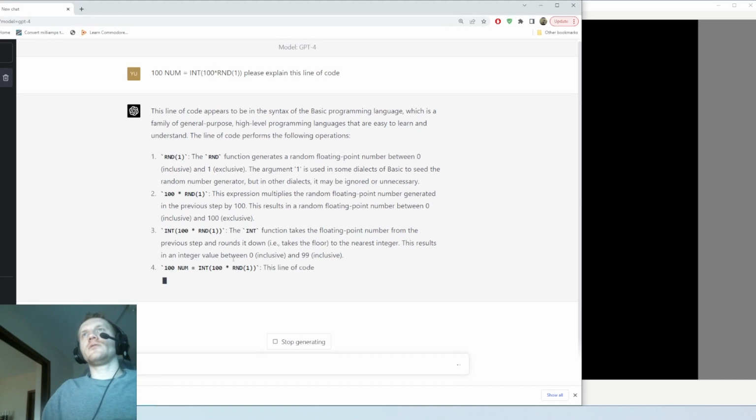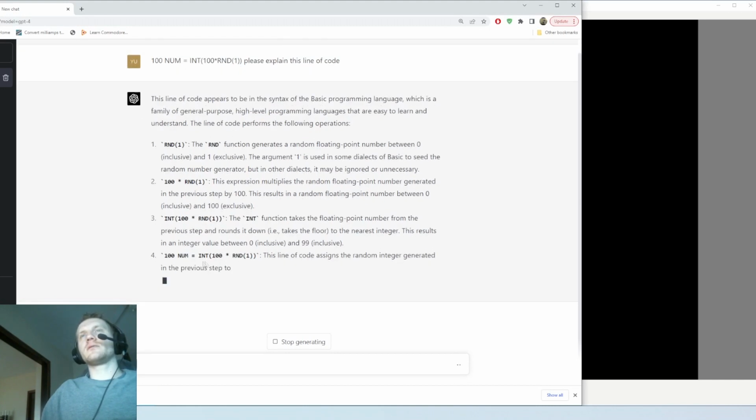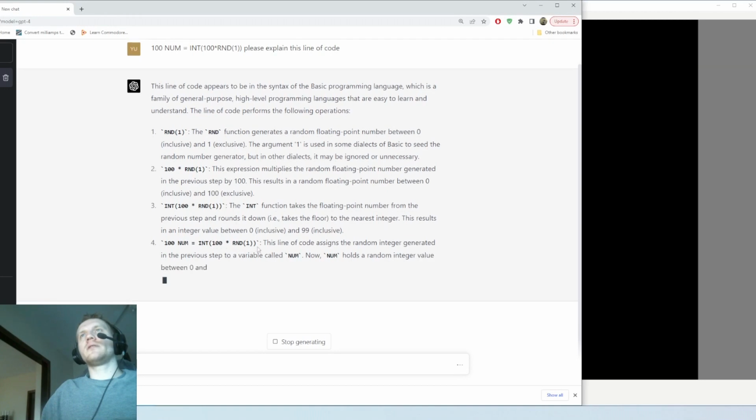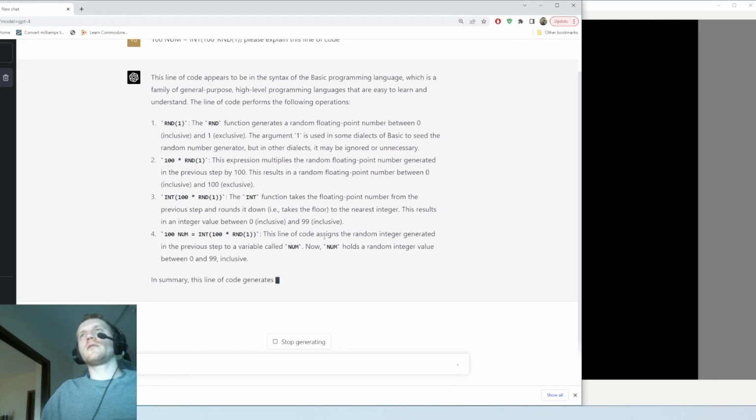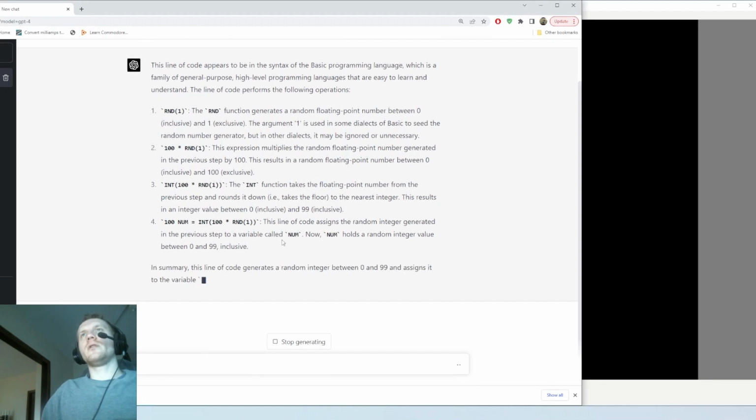The integer value between 0 inclusive and 99 exclusive. 100 num equals int 100 times rnd1. This line of code assigns a random integer generated in the previous step to a variable num. Now num holds a random integer value between 0 and 99 inclusive. In summary, this line of code generates a random integer between 0 and 99 and assigns it to the variable num. So if you need a random number generated,